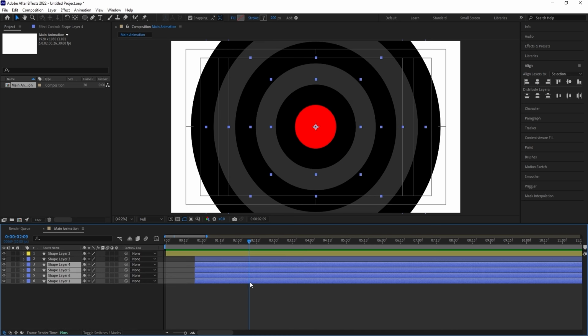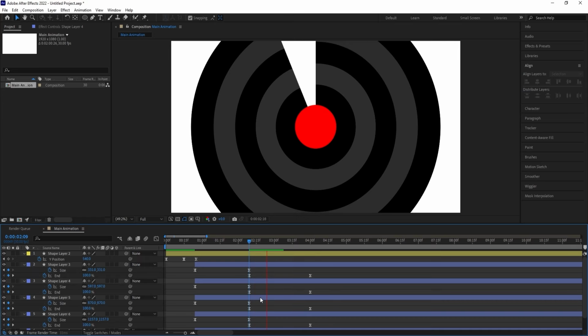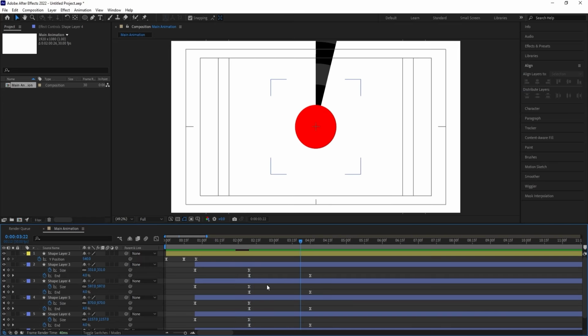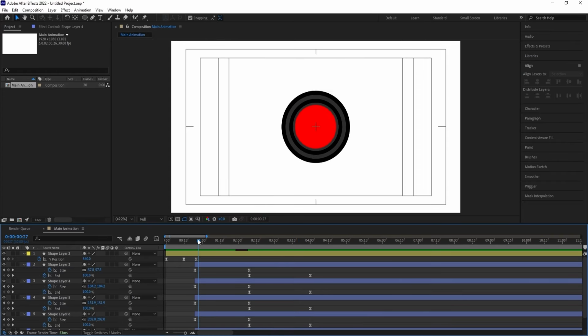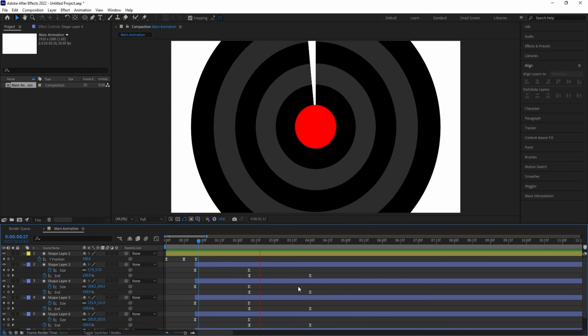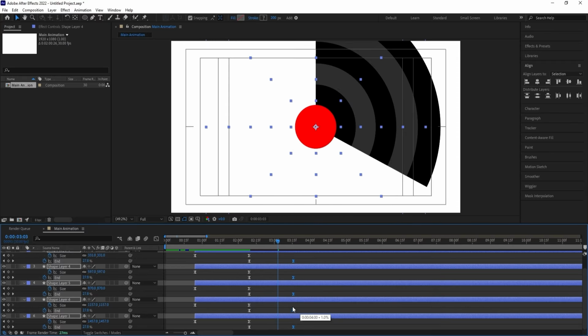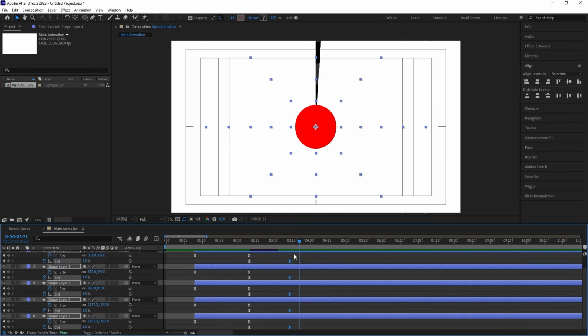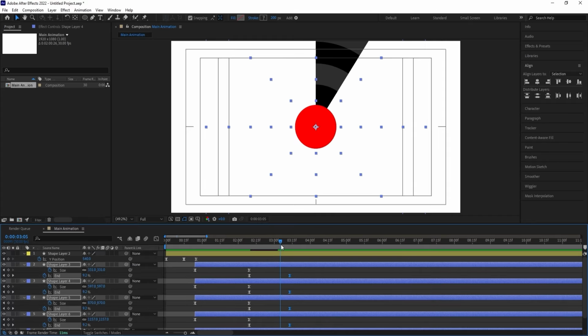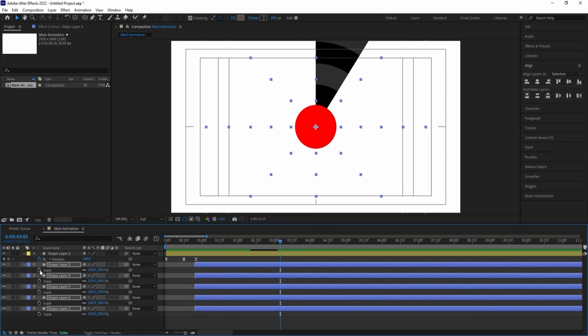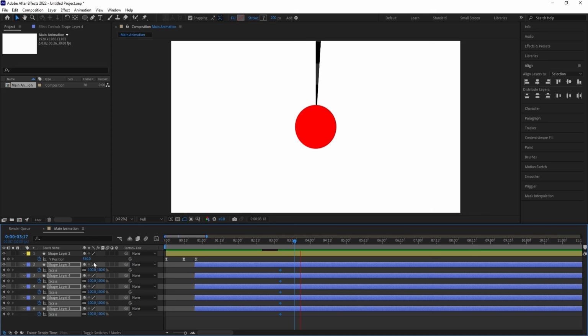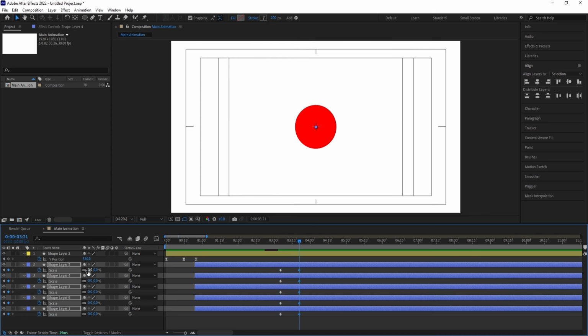Select all the other layers and hit Ctrl V to apply that trim path, and hit U. So as you guys can see, we are getting this animation. Okay, so if you see this now, first we'll get this and then we will get this. Now let's select those trim path last keyframes and try to bring them a little bit closer like this, and then somewhere around at this point over here, I'm going to press S. Let's create one keyframe, then go over here and let's make this value 0,